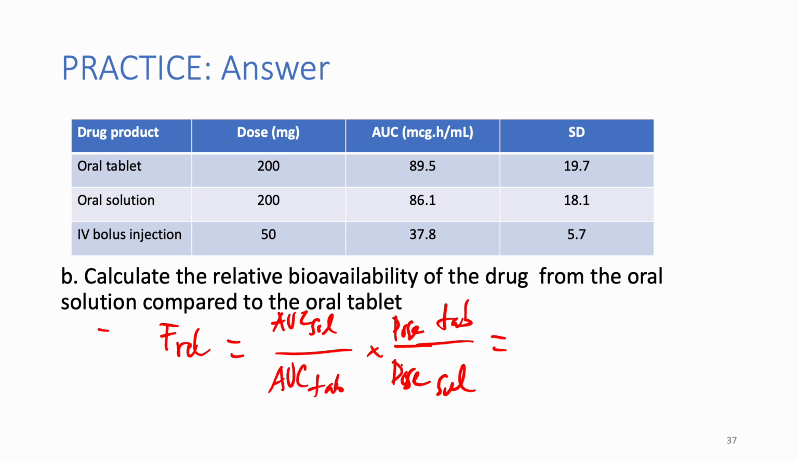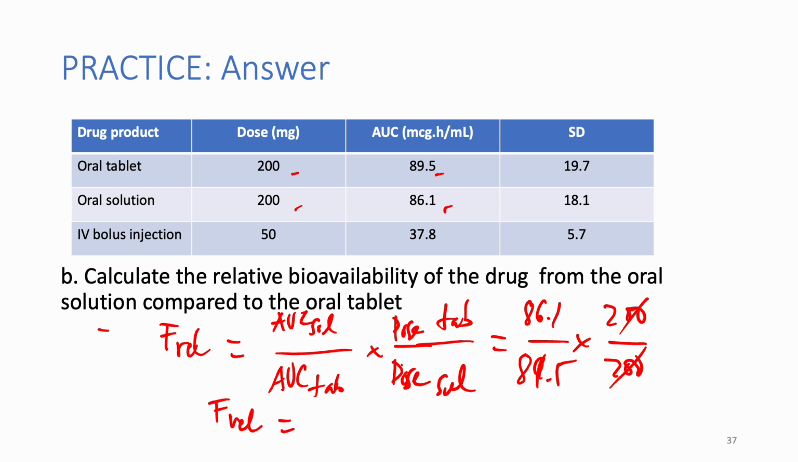So the AUC of solution, I have 86.1. The AUC of the tablet, I have here 89.5. And times the dose of tablets. The dose of tablets here is 200, and the dose of solution is the same, 200. So the same dose can be crossed out. So from here, I have the value of F relative is 0.962, or equal to